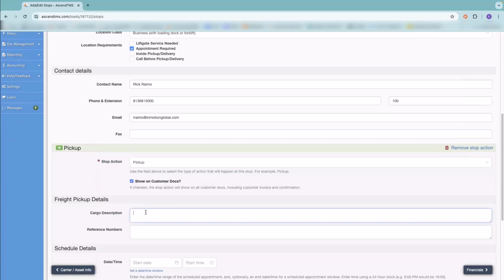Cargo description, this is where you would put any cargo information that they're picking up. Are they picking up pallets? Are they picking up cases? How many? What are they picking up? Maybe it's racks. Whatever it is, you're going to put here. So let's go ahead and put 22 pallets